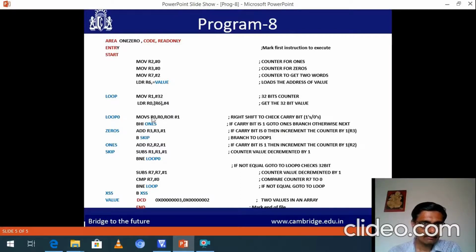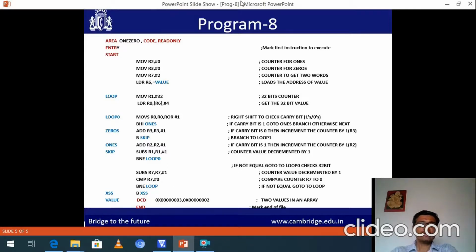And again perform the same thing here: rotate, check whether it is 1 or 0, and accordingly increment the zeros counter or the ones counter. Once R7 is 0, that means you have done with both input numbers. Then it comes out of the loop and terminates the program. Here 3 and 2 are the input data.